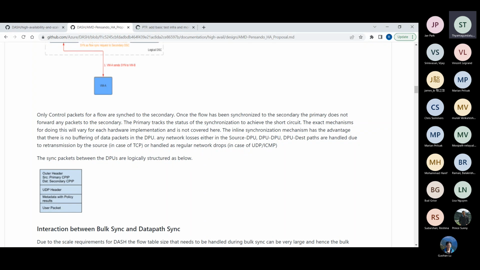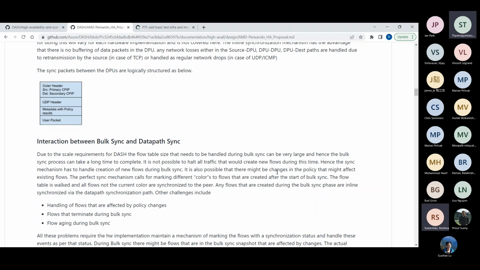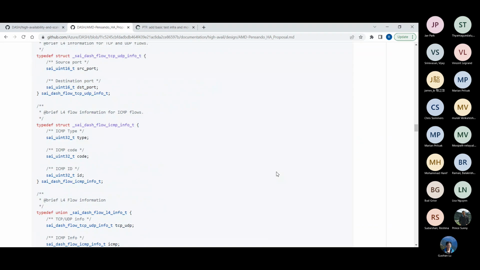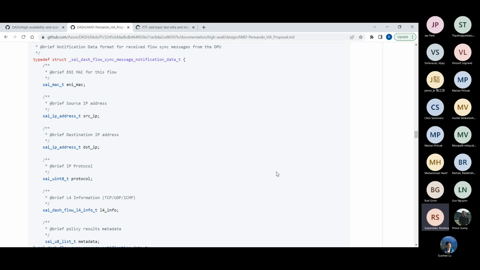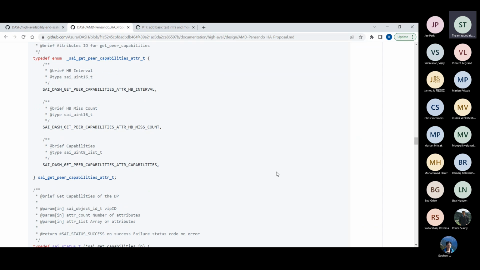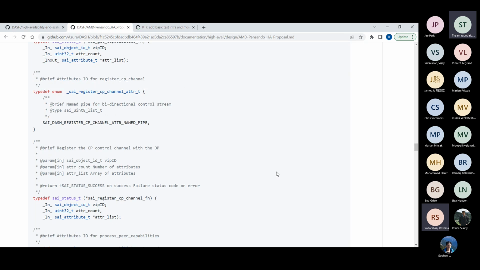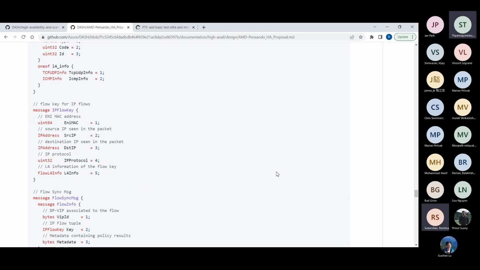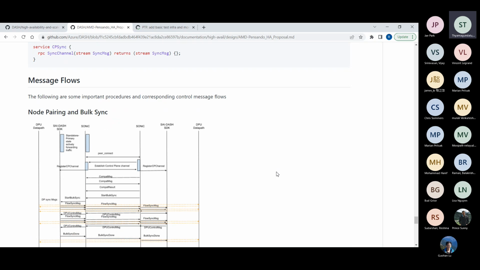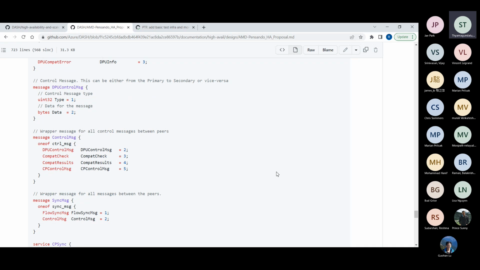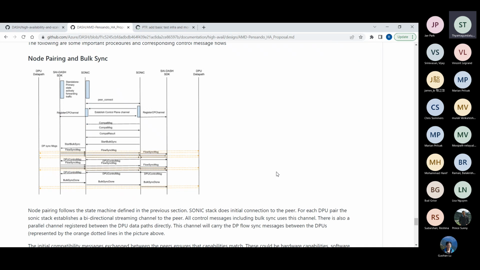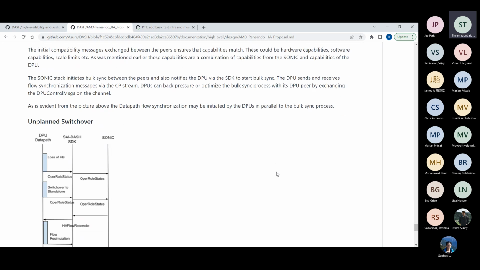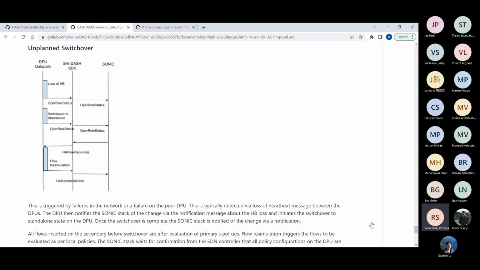I think it's the last two. Okay, you can see the diagrams. Please let me know when I should stop scrolling. I think we had done the node pairing last time. I think we just stopped before the stateful and the switchover pieces. Towards the last two pages, Reshma. Yeah, we just finished the node pairing sequence last week. And I think we had the unplanned switchover and the planned switchover.